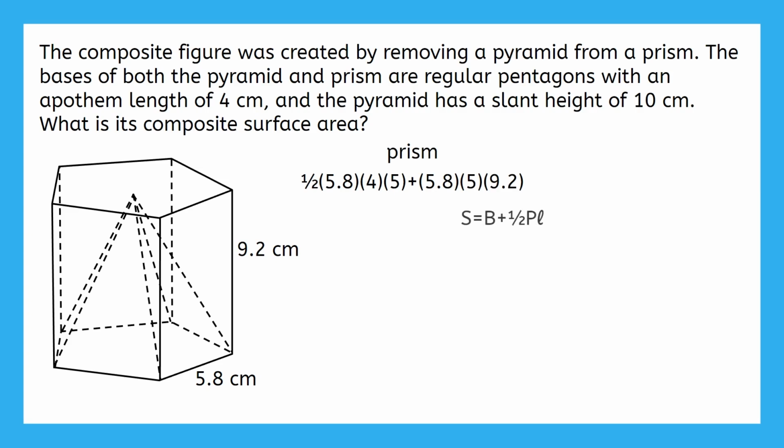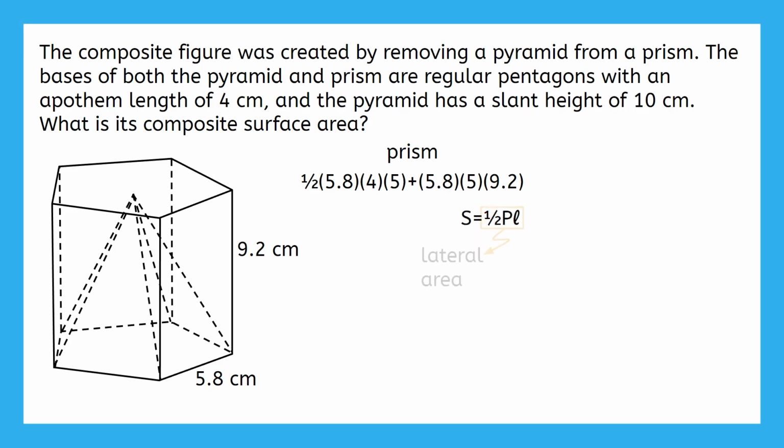Here is our formula for the surface area of a pyramid. Pause the video now to identify which parts of this formula we'll be keeping to count towards the composite surface area. This term represents the area of the base, but the base is not present here because the bottom is hollow. That means we need to just get rid of this big B entirely.